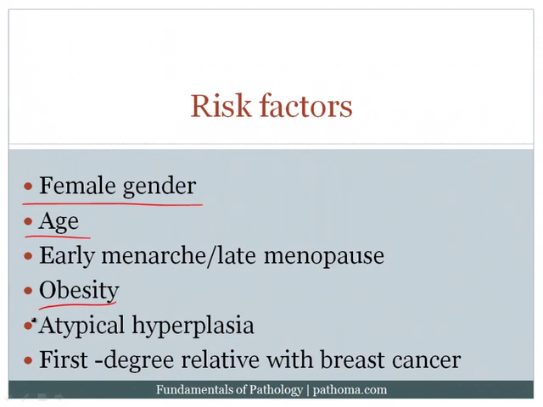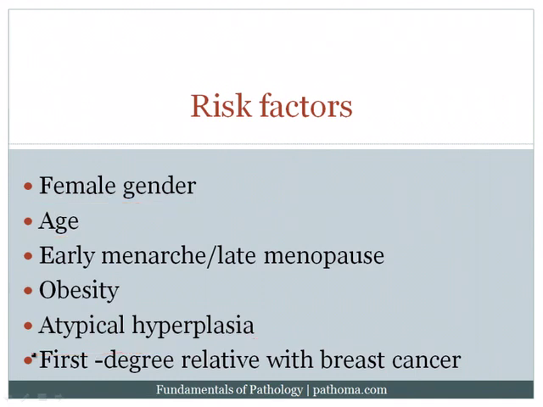Atypical hyperplasia, this refers to a patient having a prior biopsy in which atypical hyperplasia was seen. Remember that when we talked about atypical hyperplasia in the prior section, we mentioned that when patients have atypical hyperplasia on a biopsy, that increases their risk 5 times relative to the normal population of developing invasive breast cancer in either breast. And of course, if there's atypical hyperplasia, it kind of implies that there must be excess estrogen on board or some sort of estrogen-related risk factor, because that's why the hyperplasia is occurring. It's driven by estrogen often.